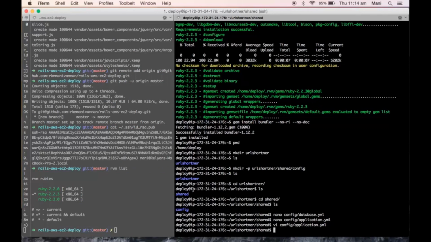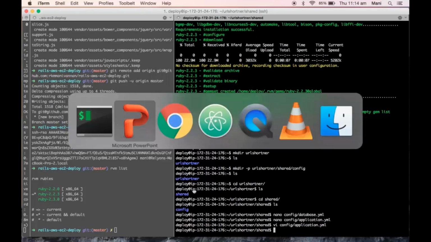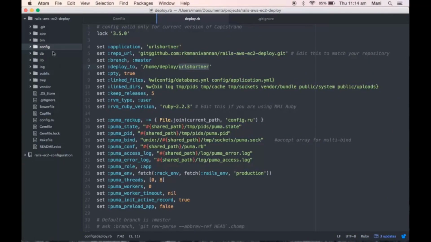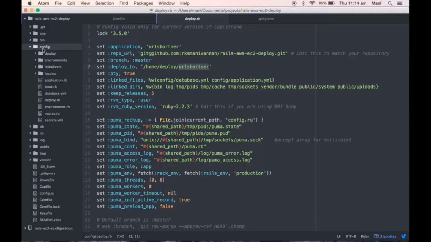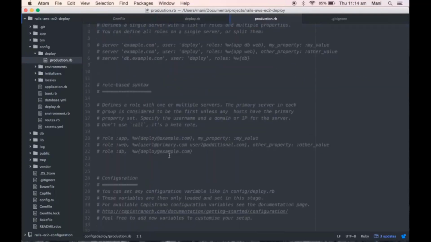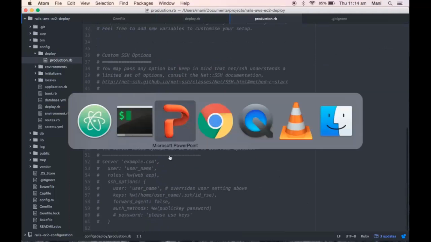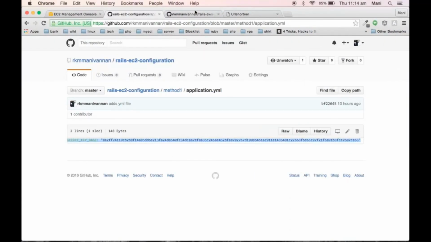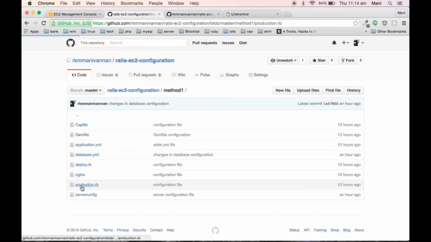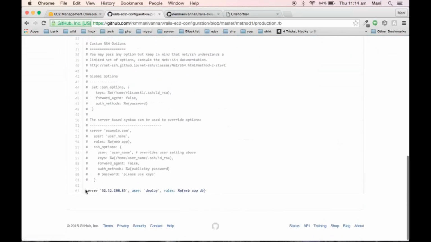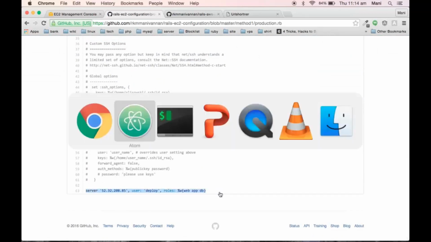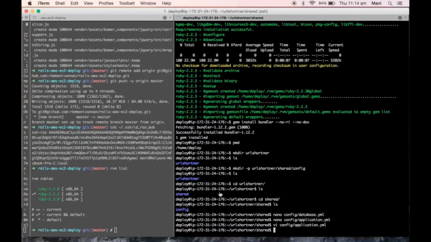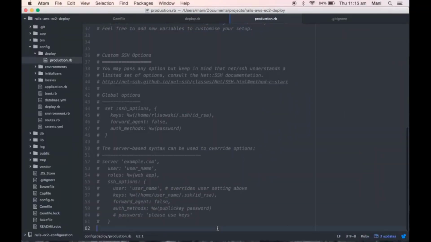The next step is we need to add a configuration in production.rb. Open your production.rb. Copy this command and paste it here.